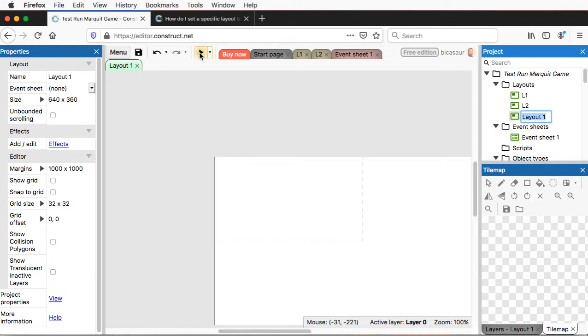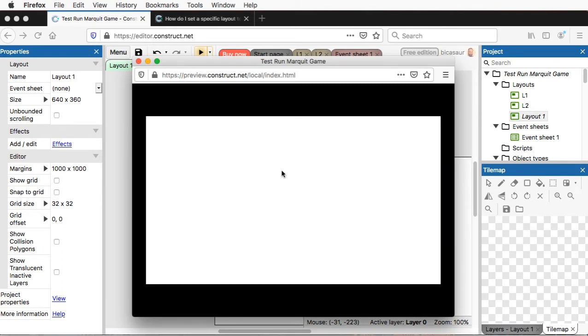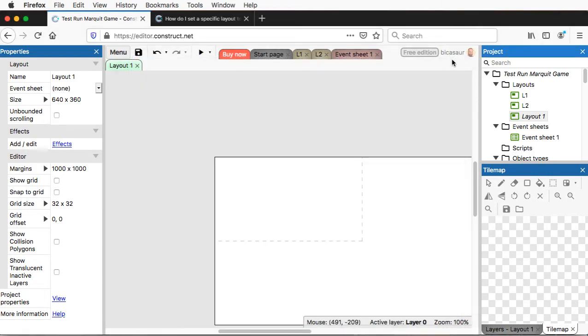When I hit play, there's nothing in here, right? We're not going to see anything. This is it. This is our game. It's just white. That's perfect, right? I don't know. There's nothing there. What's not perfect about this, since we haven't added anything yet, is that if we look at our event sheet,